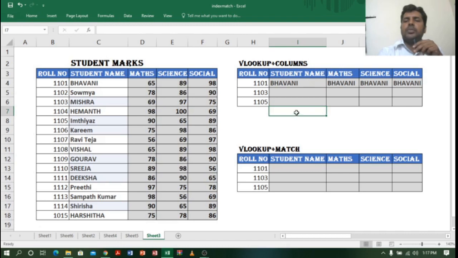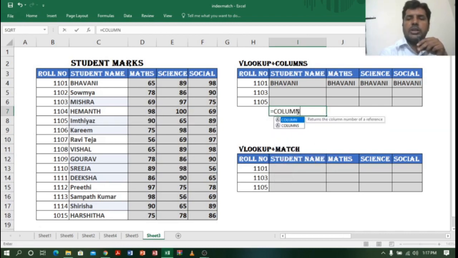For example, if I replace column index with the columns function, I will type it here. First, let us see how our columns function works, so you can understand easily how to use VLOOKUP plus columns, right? So let me type columns. Now I will select the first two cells and I will fix the first one, so I will use function F4, right? So let me close the bracket. See what I am getting? I am getting 2. So if I use columns in place of column index, I will get 2, right?